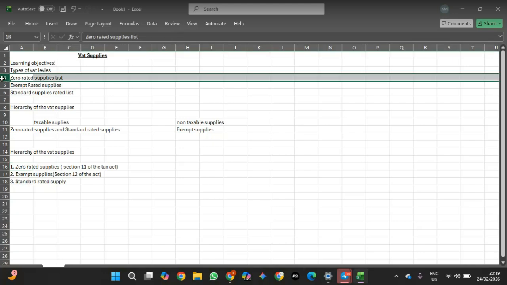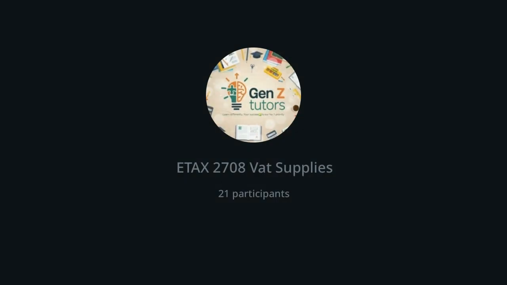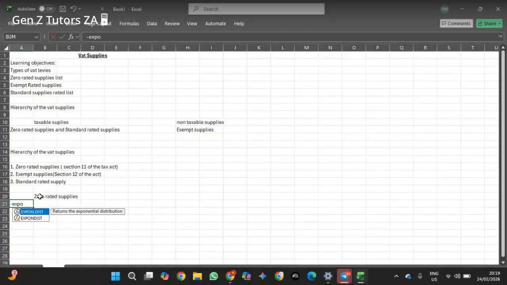Zero rated supplies. Items that are zero rated, it's not a lot on the list, right? Because now you've got your exports. You've got your exports of goods,